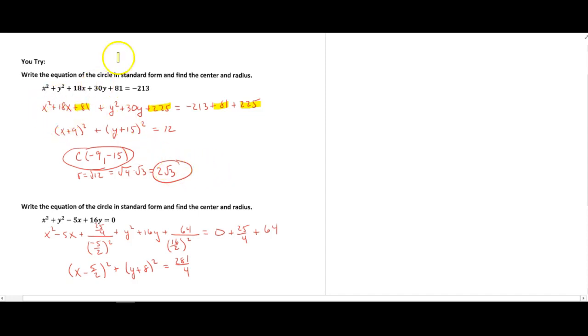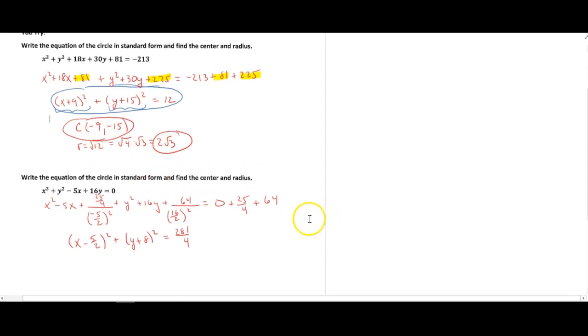When we complete the square here, x squared plus 18x plus 81 gives you this. Y plus 15 squared is equivalent to this, equals, when you add those together, 12. So this is your standard form of the equation. Here's your center, here's your radius. Okay, the next one's no